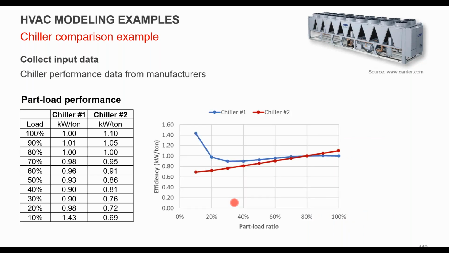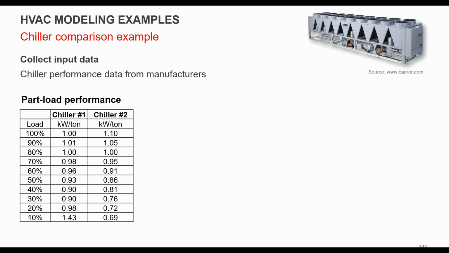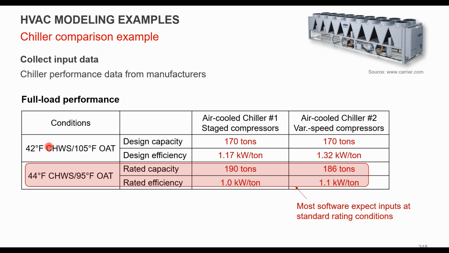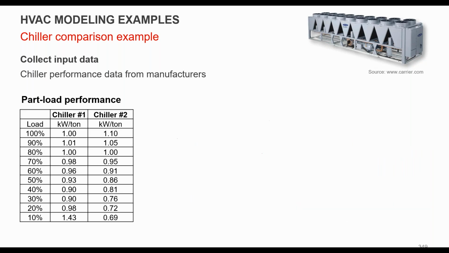So if you look at the performance in terms of part load, you'll see that chiller 1, the blue line, kind of unloads, and then the efficiency gets really terrible at part load. You kind of degrade when you get down low. Chiller 2 pretty much is unloading almost linearly, so it likely has variable speed compressors and staged compressors. And you want to use actual data if you're going to be creating these yourself. You want to be using the design data where you're actually going to be supplying, and not the rated numbers.